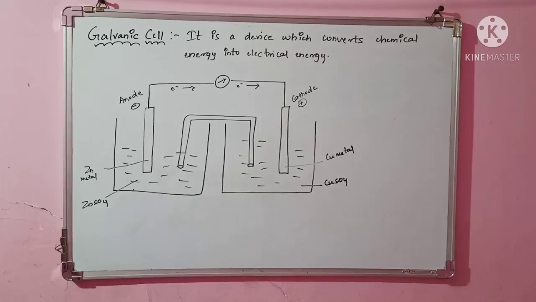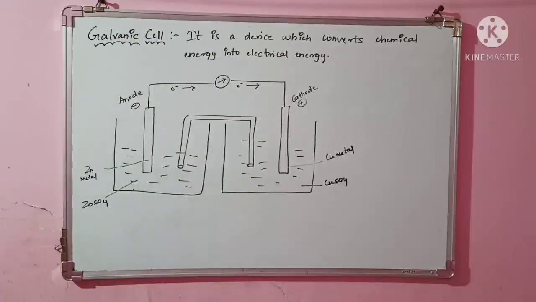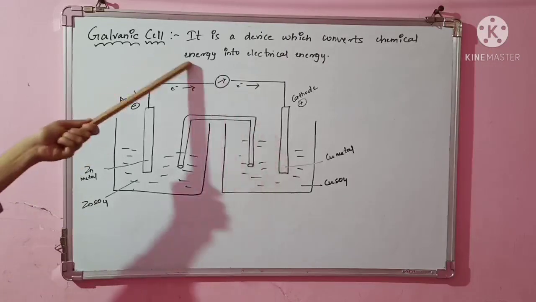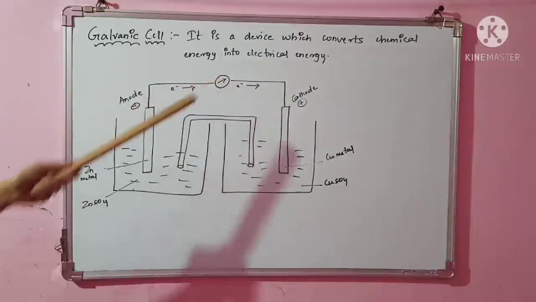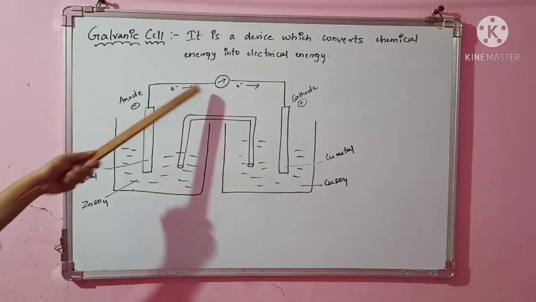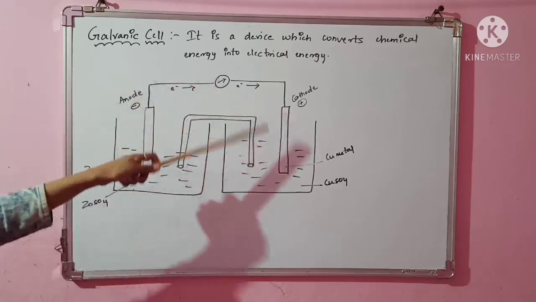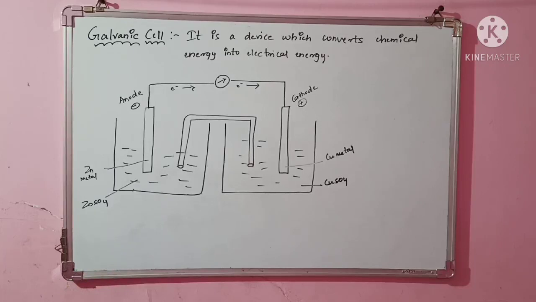Here we are not connecting a battery, because in the electrolytic cell we had a battery, from which we were giving electricity and a reaction was taking place. But here we are converting our chemical energy into electricity. So we are not providing an external battery, it is just connected to the voltmeter through copper wire. Now you can see that the complete cell is set up and your circuit is completely closed.